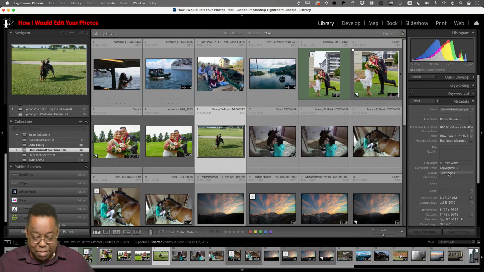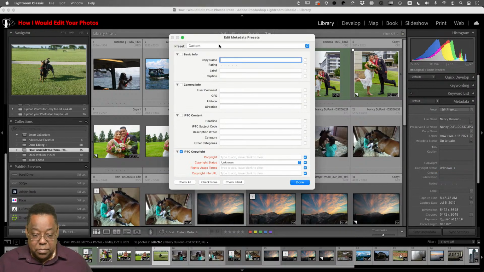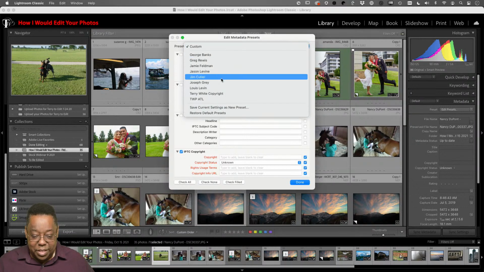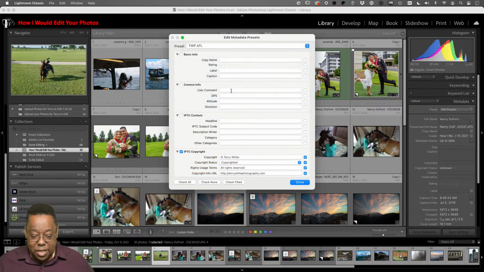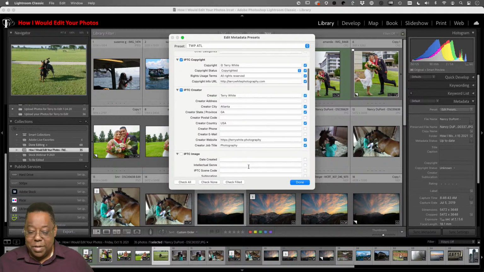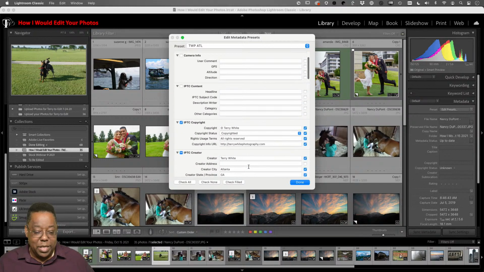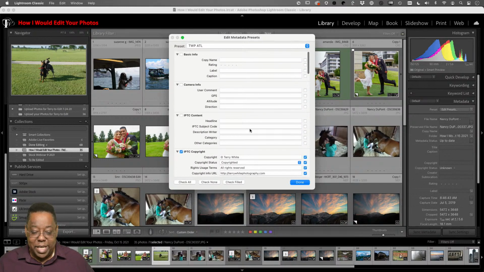And basically the tip is that you can do this upon import if you've set up a copyright template. Now I'm going to undo this because this is not my photo, but if it were, you can go into Edit Presets. You can key in all the information you want and save it. So I'll go to mine. So here's one, TWATL. So copyrighted, my website, my location, I could put in a phone number, I could put in whatever I needed to put in, and it will put in all that information into the metadata